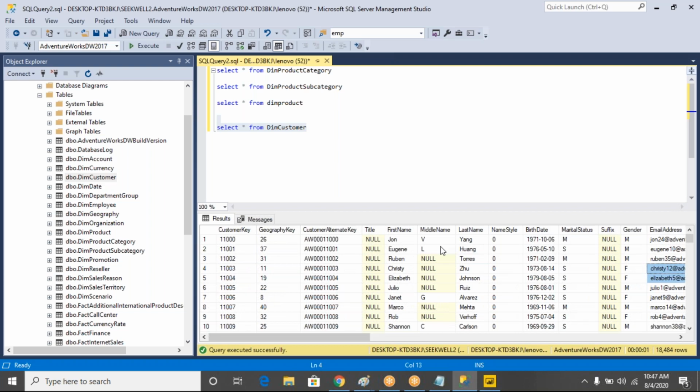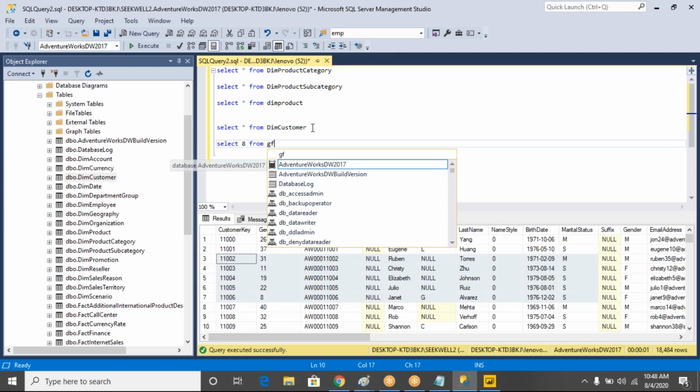All the customers information will be here. So we have customer information. We have all the products information, what we are selling. Then a customer is purchasing a product, and how many quantity, what is the amount, when he purchased, that information will come with the due date and the ship date. All that information will be in the